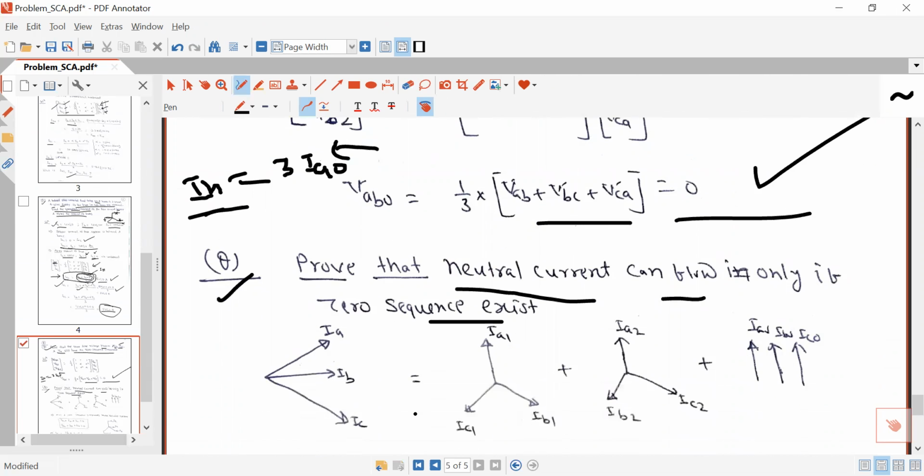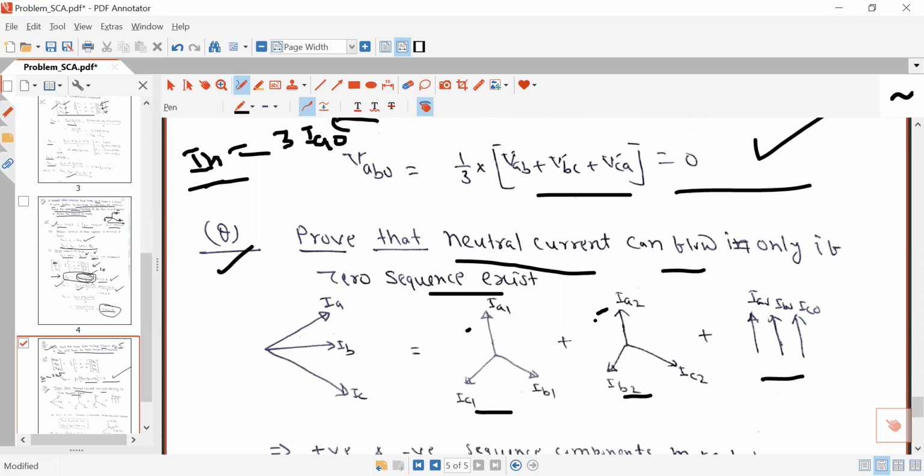The second way is, as you know, the unbalanced phasors can be resolved into three sequence components, three sequence networks. You will have to draw three sequence networks to analyze an unbalanced power system. One network will be a positive sequence network, another will be a negative sequence network, and the third will be a zero sequence network. In the positive sequence network, the positive sequence current will flow. In the negative sequence network, negative sequence current will flow, and in the zero sequence network, zero sequence current will flow. I will also discuss the sequence networks in the next lecture.